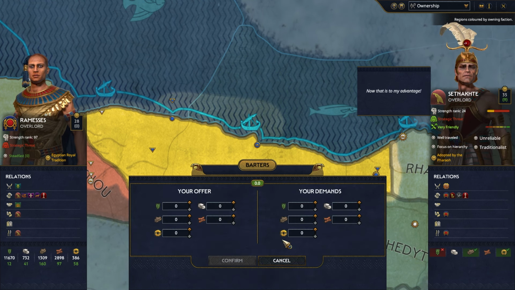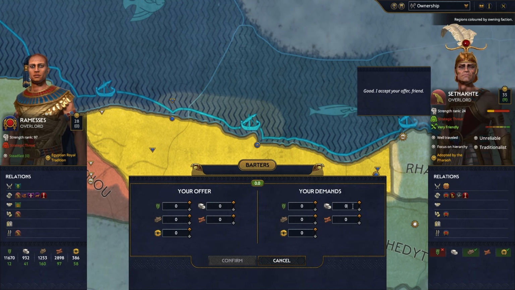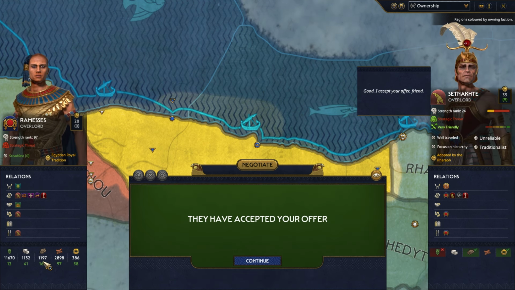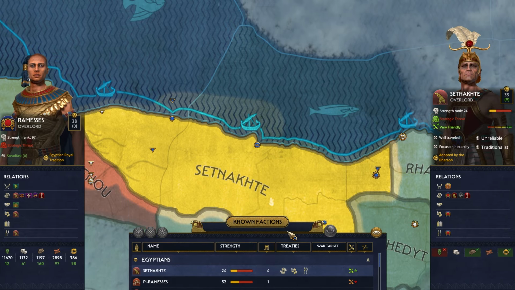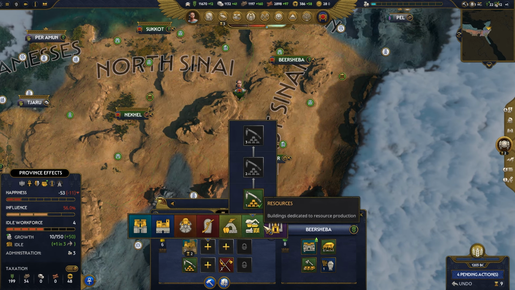So Nakati needs bronze for his wars, obviously. Good. Switched over to wood that time. We'll go 1 more time, just make sure we have a good store. Good. I accept your offer, friend. Thanks, Dad. Alright, now...